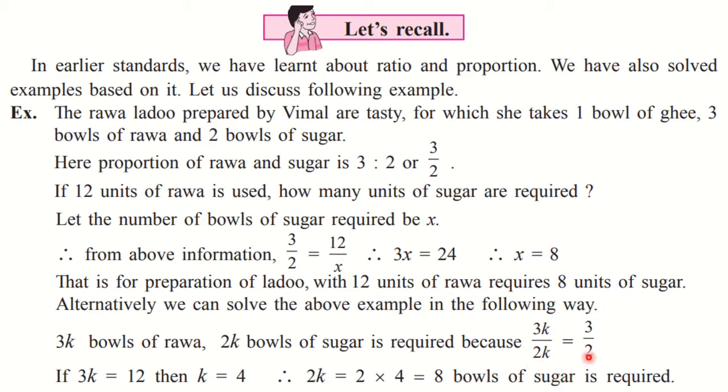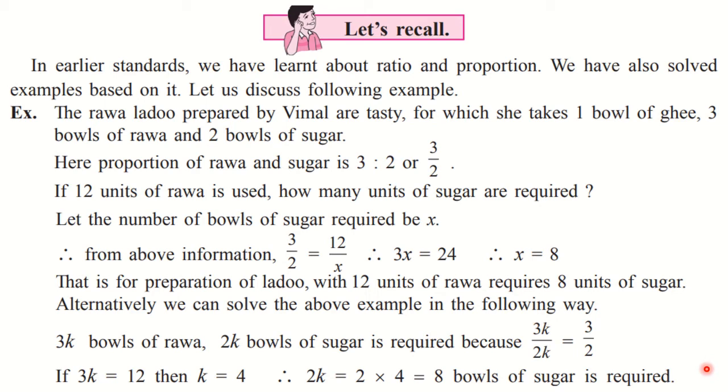Whenever we think about the ratio, it doesn't mean that it contains the same number. It is always a multiple of some constant number which is called k. That means in both places some common multiple is always present. In this case the common multiple is 4, as I have said: 3 fours are 12 and 2 fours are 8. So that 4 is a common multiple. This is called the concept of ratio.